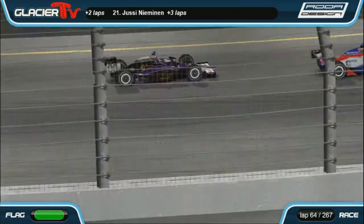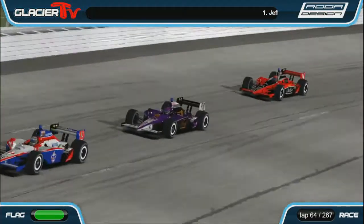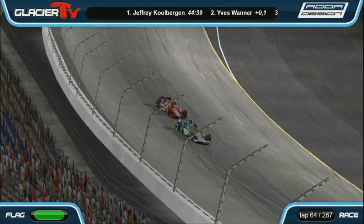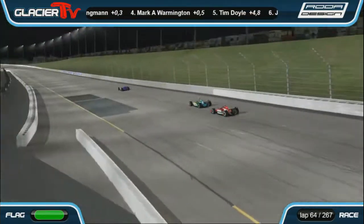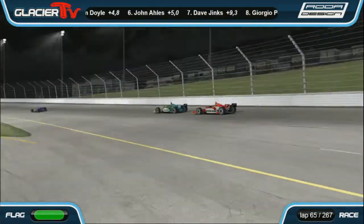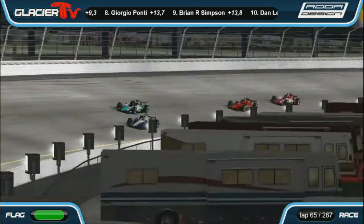Some people are really going to be scared when I say that. But, you know, this is a long race. Strategy plays a big, big part. You need to not only be looking at when your next pit stop is, but how does that pit stop feed into the rest of the race? At what point do you know that it would be good to go at the end? How many pit stops do you need? Can you find the time to make up these laps? And saving yourself 2 laps of fuel can be the difference maker in one of these